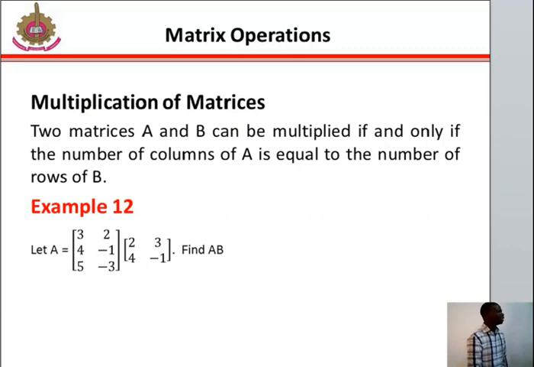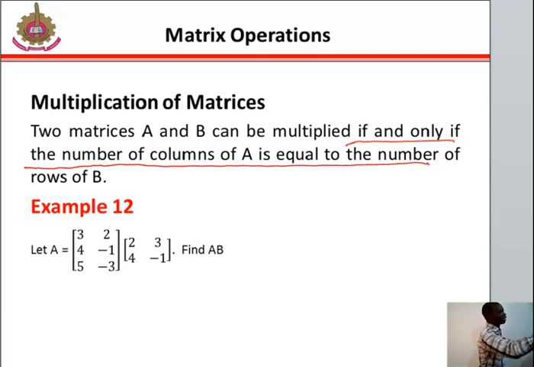Let's talk about matrix multiplication. Two matrices A and B can be multiplied if and only if the number of columns of A is equal to the number of rows of B. So this is a big difference. Although they may have the same number of rows and columns, when this condition is fulfilled, then you should know that you can multiply them. What you will do in this case is to multiply this particular row